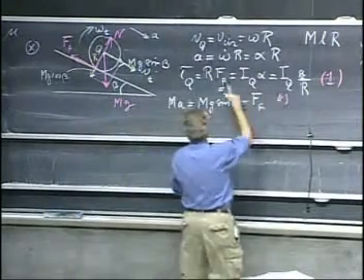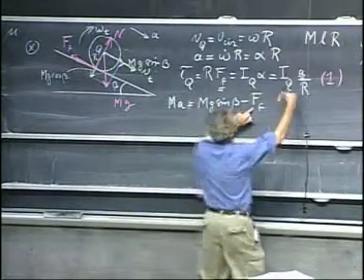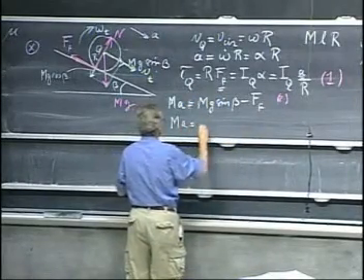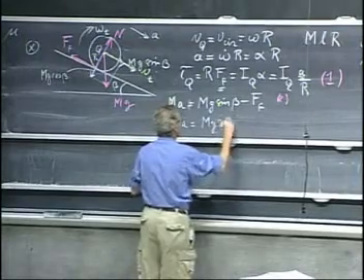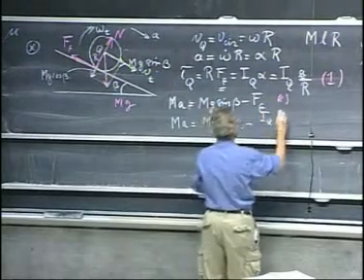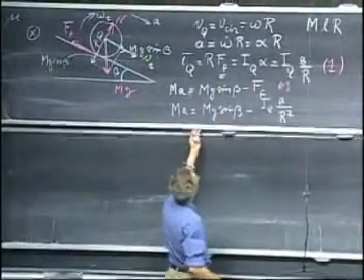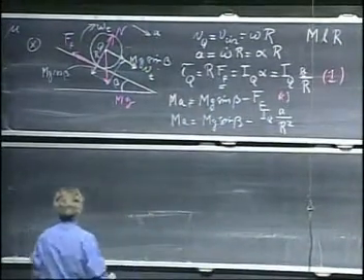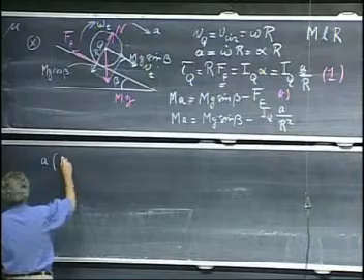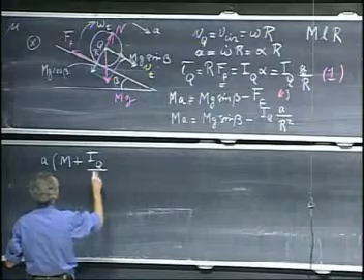Now I have two equations with two unknowns. So I can solve now, I can eliminate ff, and I will substitute for ff in here this quantity divided by r. And so I get ma equals mg sine beta minus moment of inertia about point Q times A divided by r squared. And now notice that I've eliminated ff, and so now I can solve for A. I bring the a's to one side, so I get A times m plus moment of inertia divided by r squared